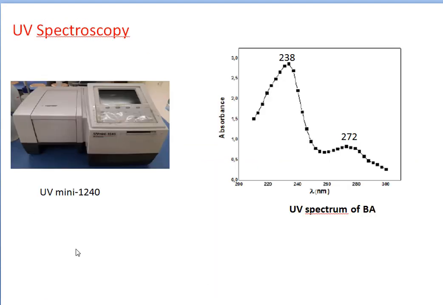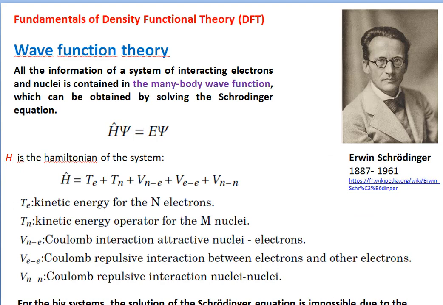For the UV spectroscopy, we have used this spectrophotometer. This figure represents the UV spectrum of benzoic acid. The spectrum shows two fundamental bands at 238 and 272 nanometers. Before interpreting the experimental data, I would like to show you some slides about the fundamentals of density